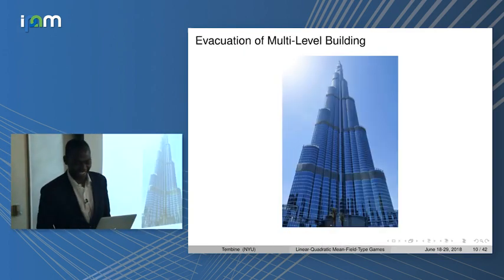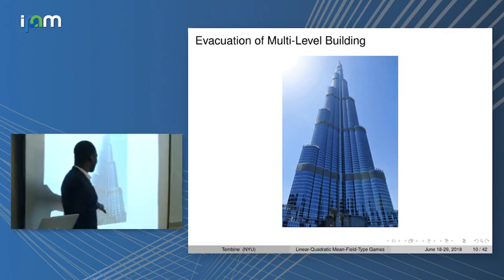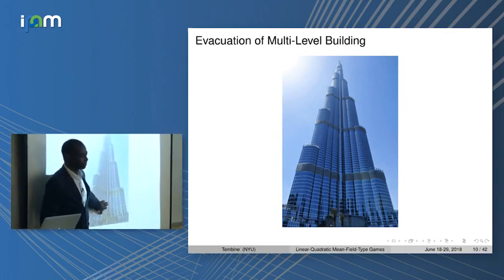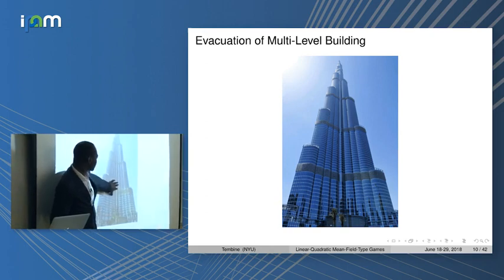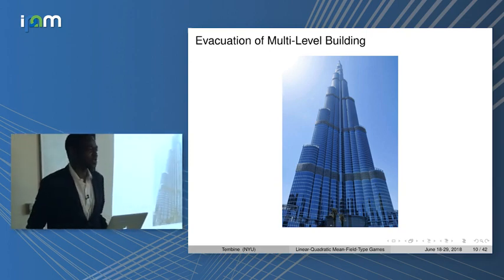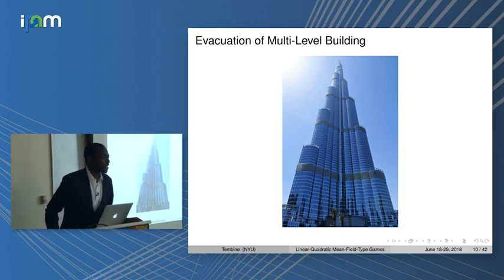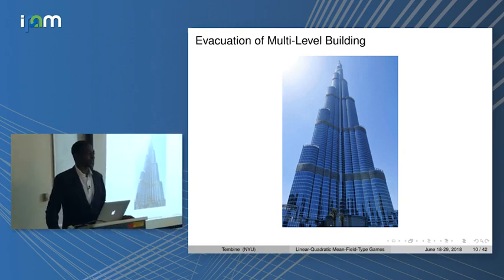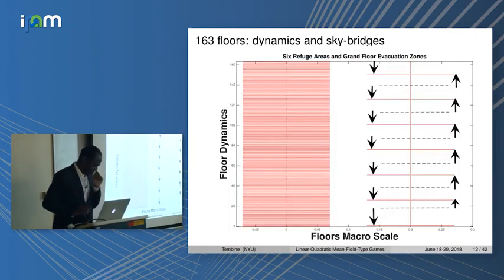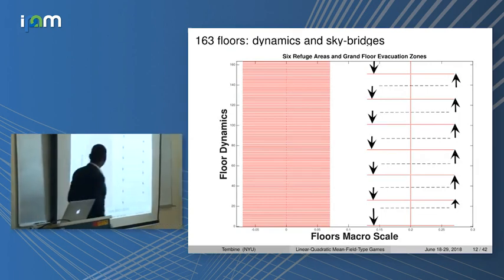The lower level here is a hotel, Armani Hotel. And then you have offices, the commercial part, and there are some other parts that I don't know the details of. Okay, so imagine you are part of this hotel and people like Tambin want to test evacuation for you. So that might create problems, and this is why we got interested in this.